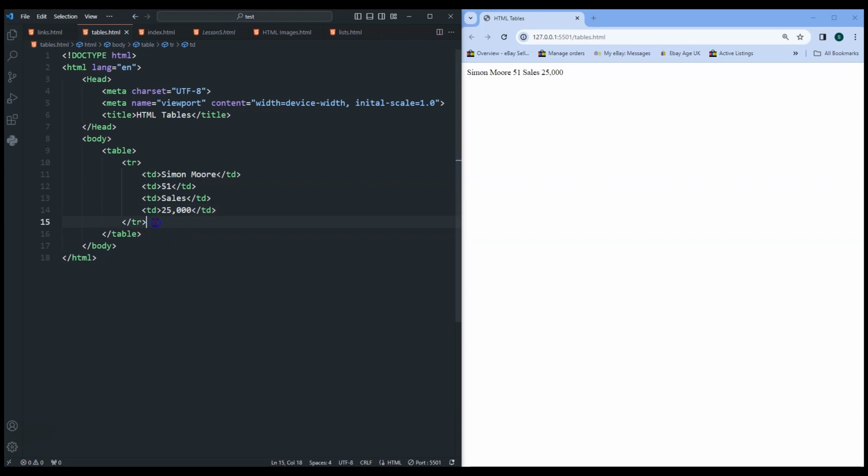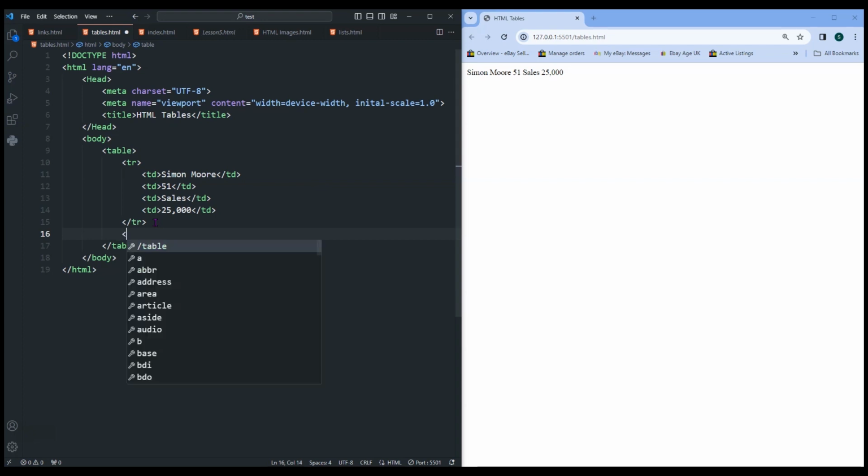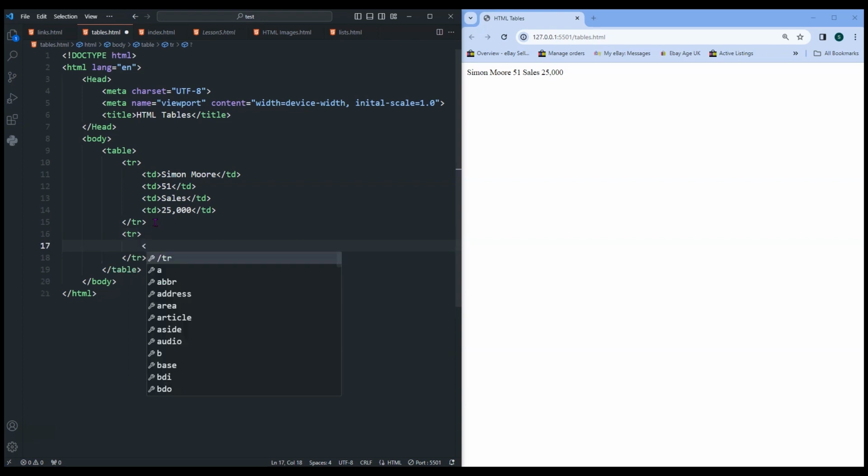So when we want to put in the next row, we then come outside the previous table row and we start another table row. And again, to put data in, we use table data. And for this one, I'm going to put Sarah Harding in here,